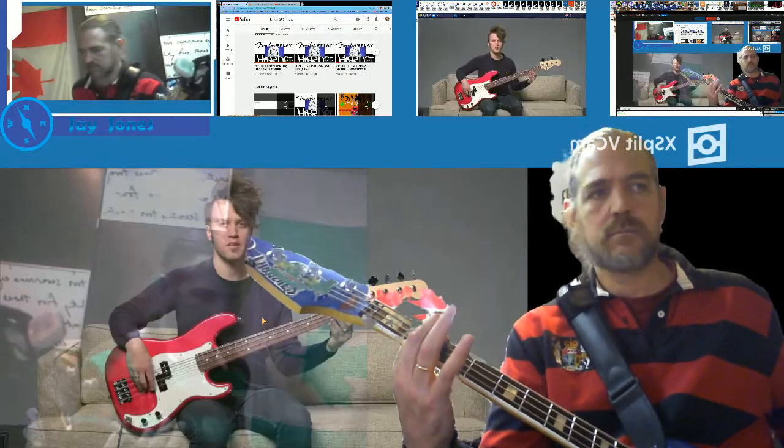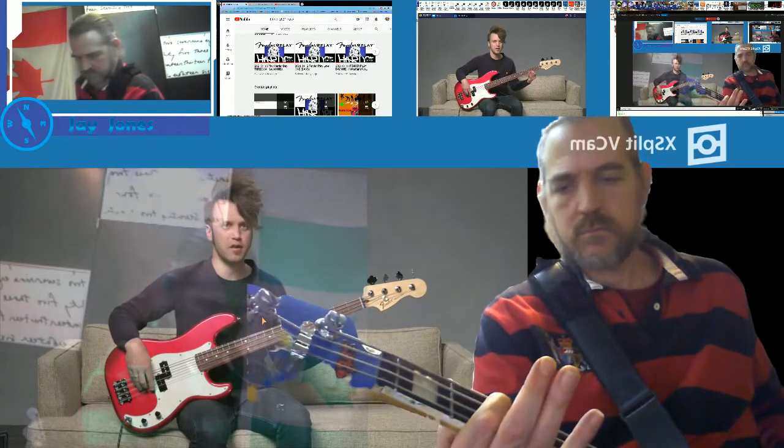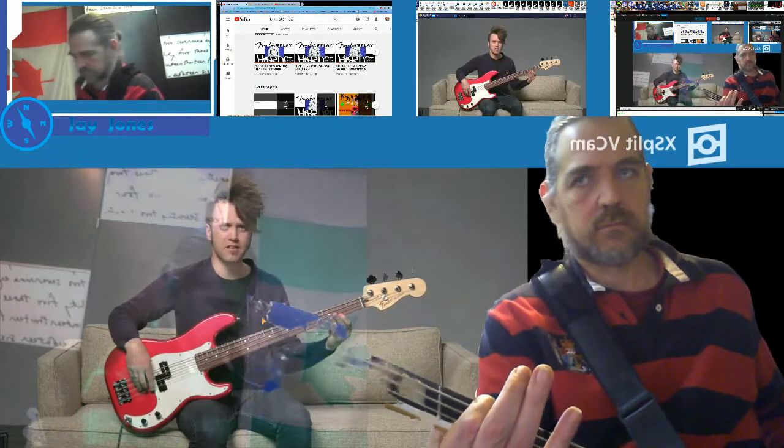To fret notes properly, press down as close to the back side of the fret as possible. If you press down